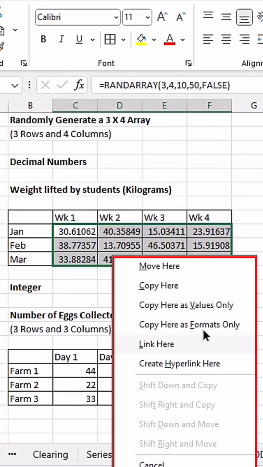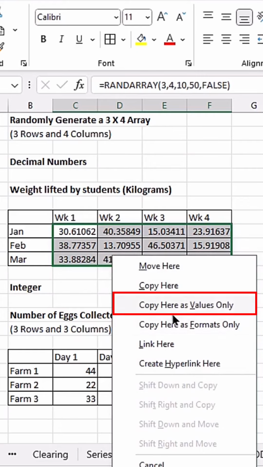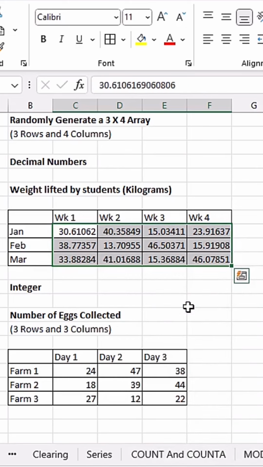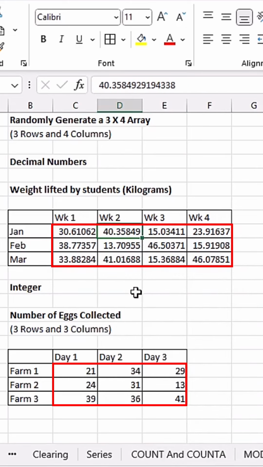These options will pop up, and the third option here is saying copy here as values only. I'm going to click on that third option. When I hit the F9 key, you can see this lower one is recalculating, but this upper one is not recalculating because these are now values only. So when I hit F9, F9, F9,